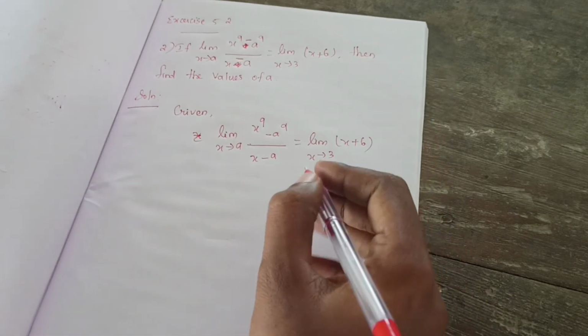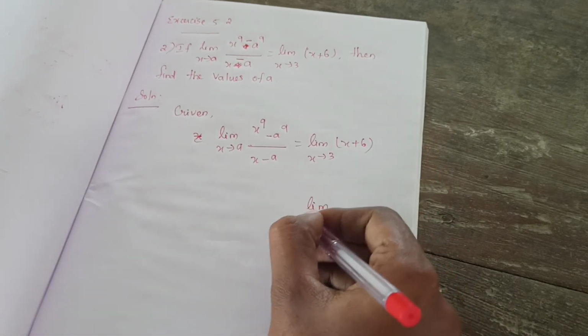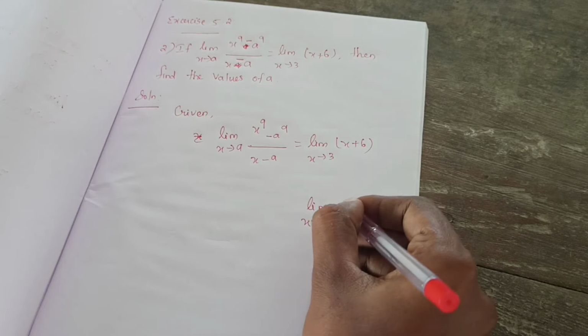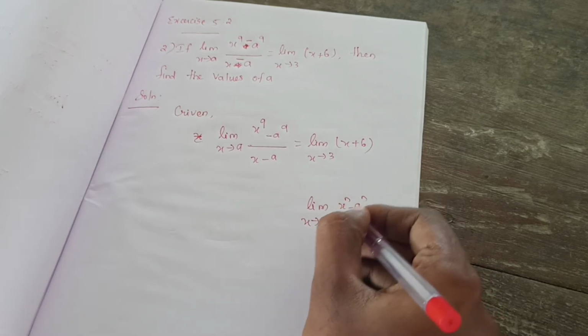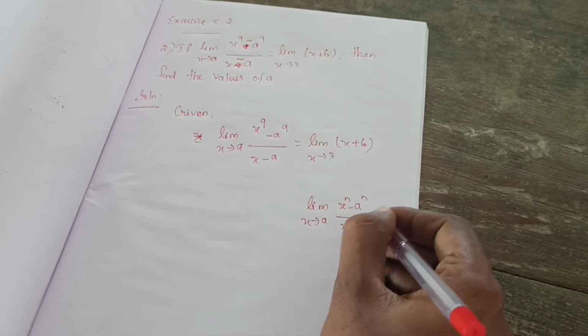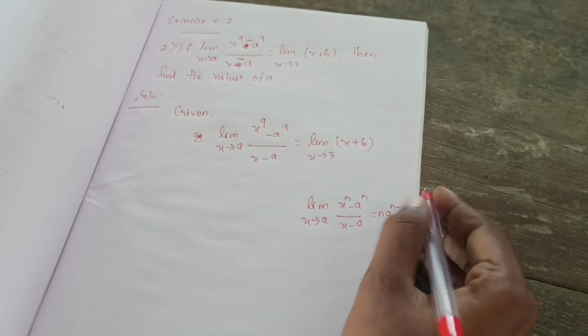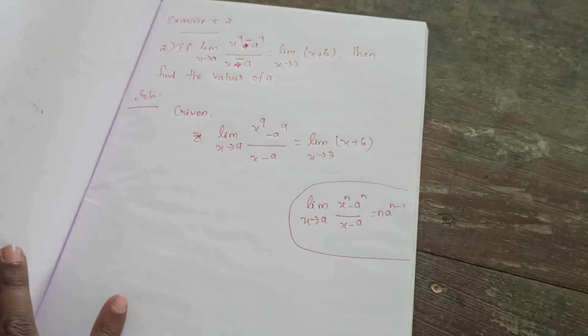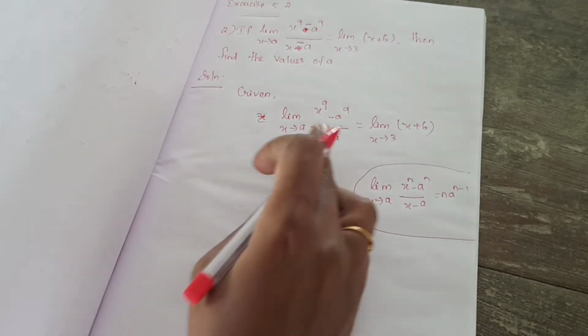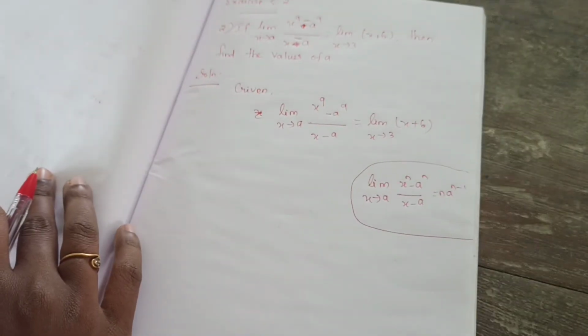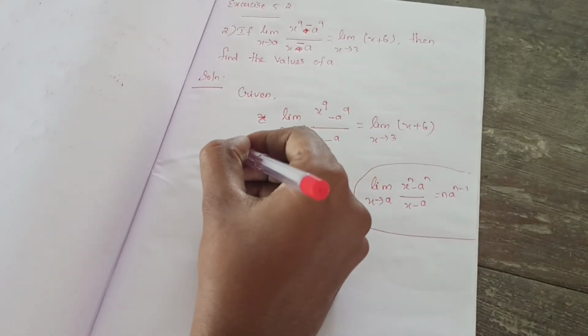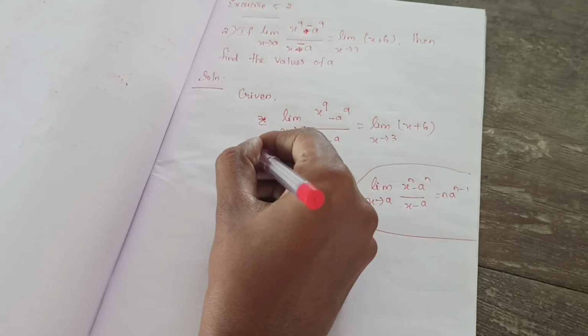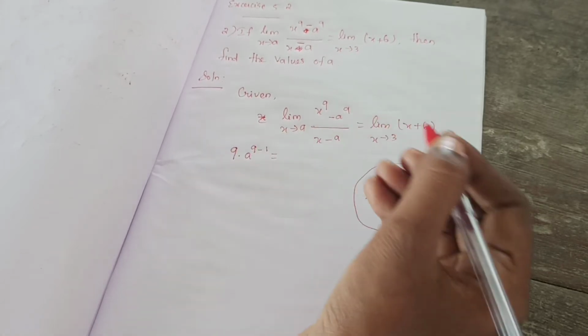So we have learned in standard limits, that is limit x tends to a, x power n minus a power n divided by x minus a is equal to n a power n minus 1. You have learned this in standard limits. So we are going to use this here. So n a power n minus 1 you can apply. So what will happen? n value is 9, into a power 9 minus 1 is equal to